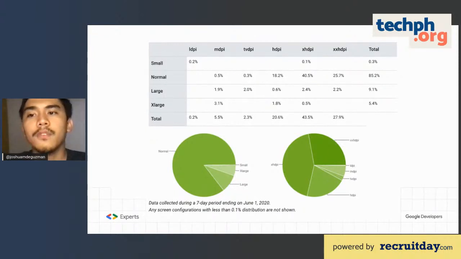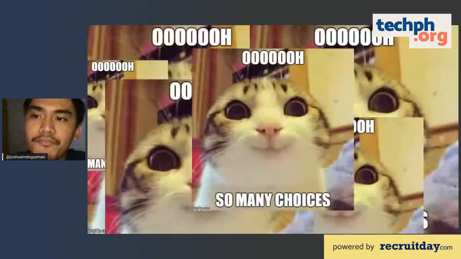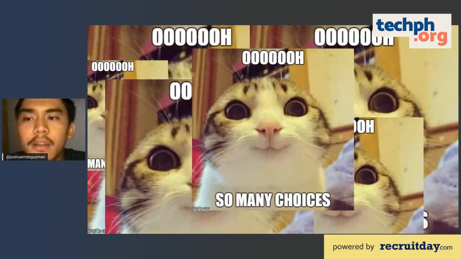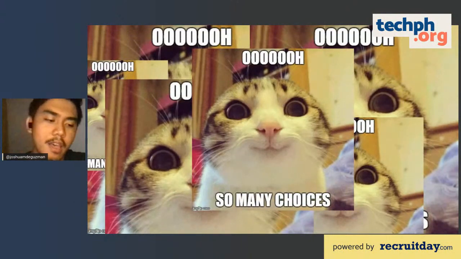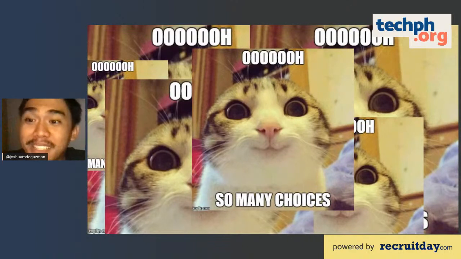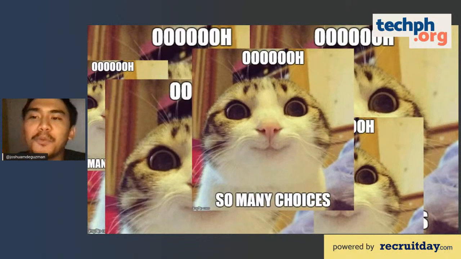So you have to take into consideration supporting these types of screen densities using two separate code bases, using two separate utility classes, computing the responsiveness of the application, which you have to do to deliver a better user experience. And you'll end up having many decisions to make. What are the best practices for building an Android app? What are the best practices for building an iOS app? And there's a lot more to it.